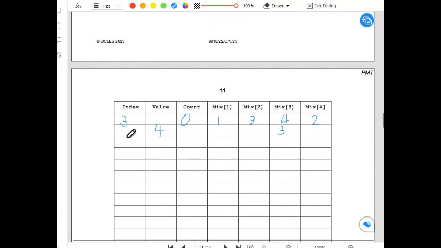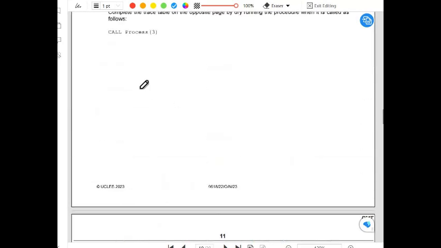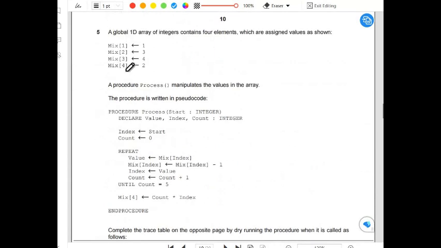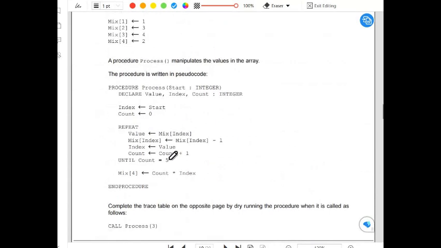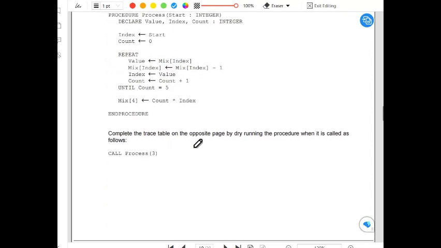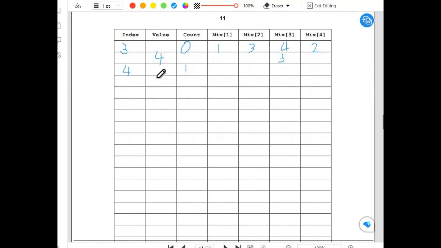Okay, and then 4, we're going to go into index 4. And the count is going to be a 1. So how do we know that? 4 is going to be a 1. So what we've done, gone into index 4, and we're going to count is it equal to 1. So then the value, we're going to end that up with a 2. So we're going to end that up with a 2,